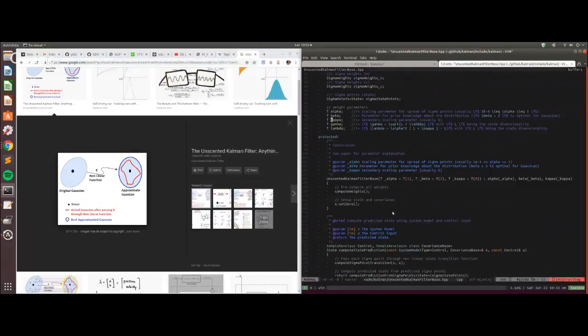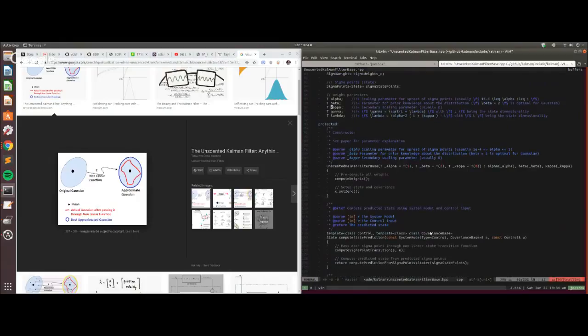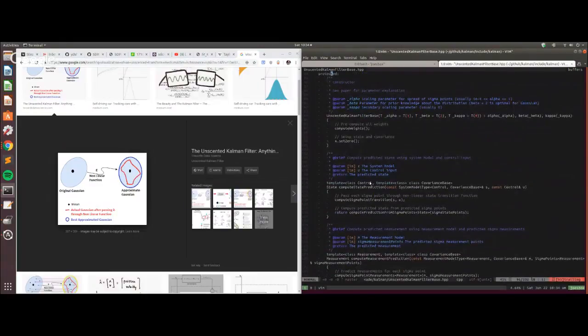So that is one key difference between a particle filter and the unscented Kalman filter. But so yeah, we do this up front. Then we have a state prediction. So this computes the sigma point transition, like I was saying before, where S is a system model, and the system model